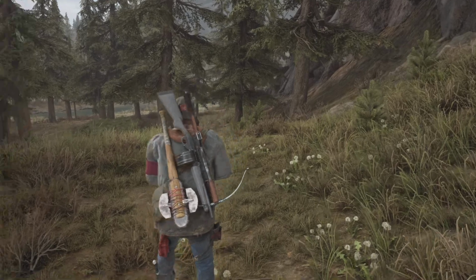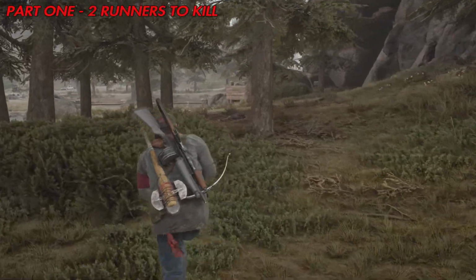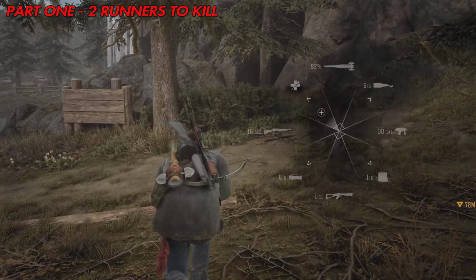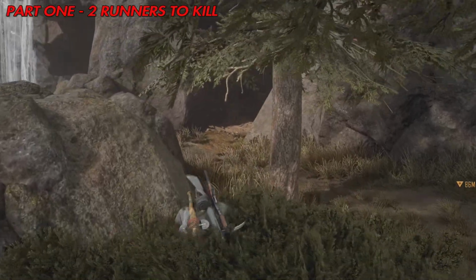I'm just showing exactly what I've got in my inventory before starting on part 1, because I'm about to approach the cave entrance. And here we go. The first part of all this is taking out the first 2 runners. So SMP9 is at the ready, and Focus Cocktail, I want this armed just as I get close,